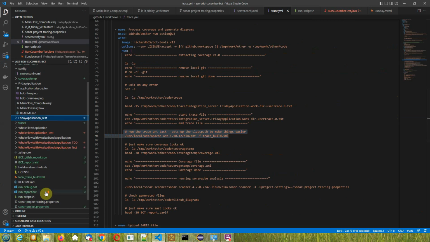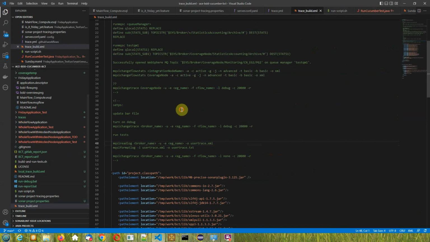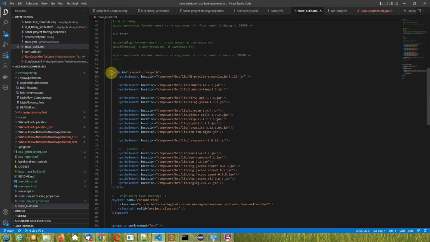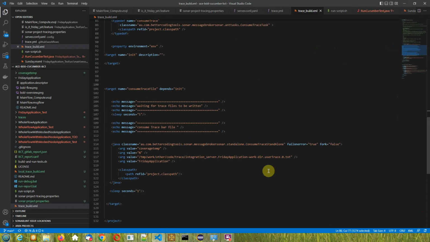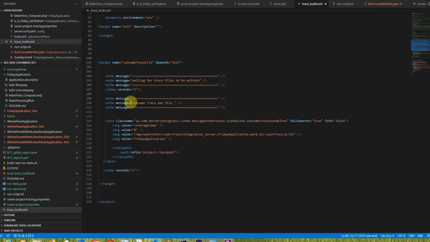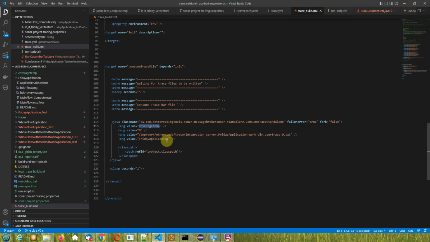We're going to run this trace build, and if we look in here at what the trace build does, it sets up a path to our SonarQube plugin and some other jar files required for this process. Then it says what I want to do: I'm going to produce a coverage file. I'm going to use the trace file that I've produced previously, and this is where my source code is. This merges the trace and the source code together and produces a coverage file in this temp directory,